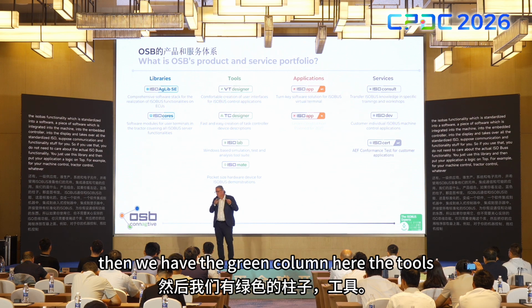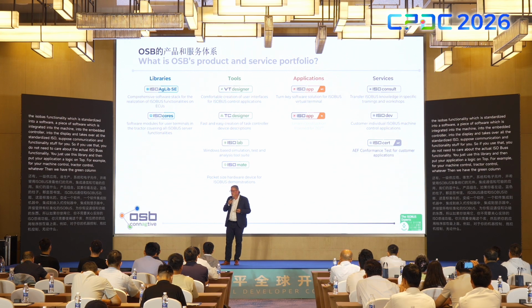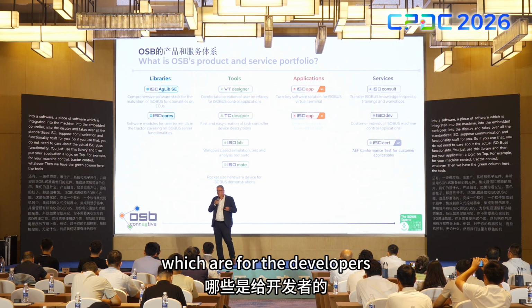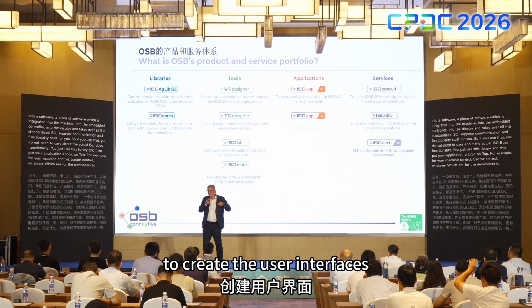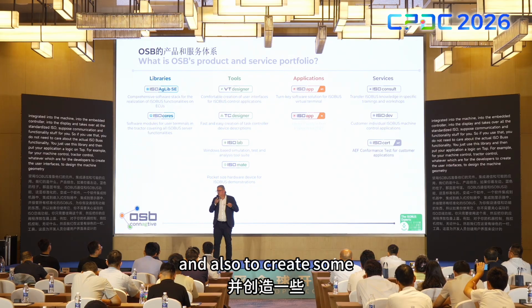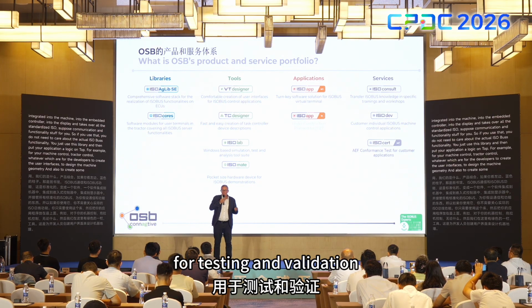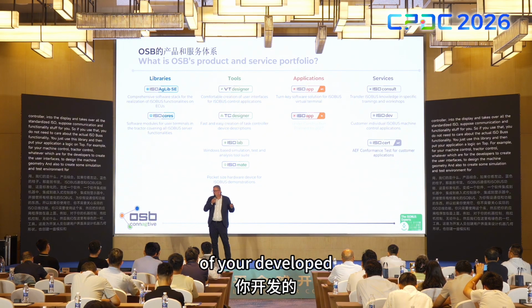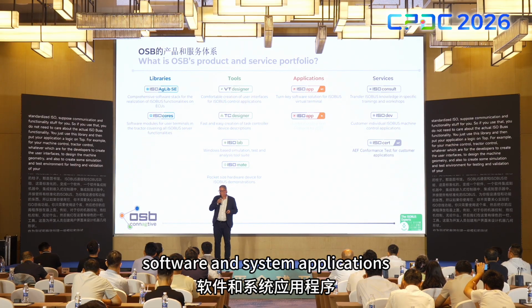Then we have the green column here, the tools, which are for the developers to create the user interfaces, to design the machine geometry, and also to create some simulation and test environment for testing and validation of your developed software and system applications.